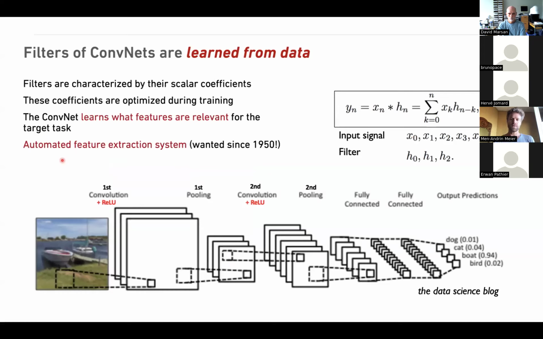And so the filter H that we had introduced earlier is just a vector of scalar coefficients. And these are the coefficients that are optimized during the training, just like the weights between the different neurons in the standard neural network, and now we're also optimizing the filter coefficients on top of that. So what this algorithm does is it filters the raw input data sequentially, but also in parallel, with multiple channels,